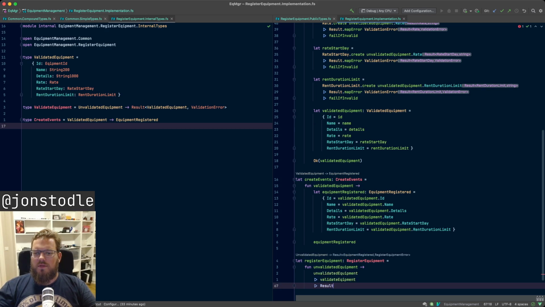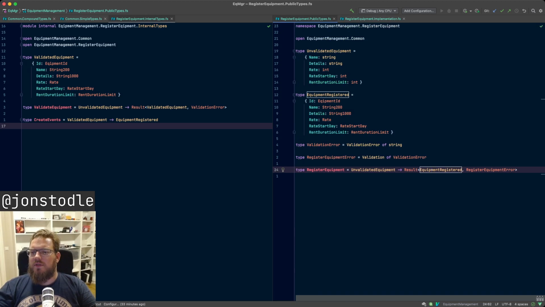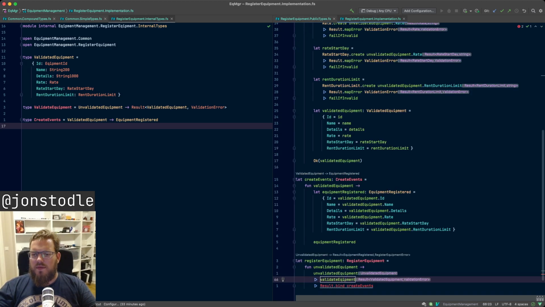And then result dot bind that to create events. Yes. And this could potentially return register equipment error. Yep. So this thing